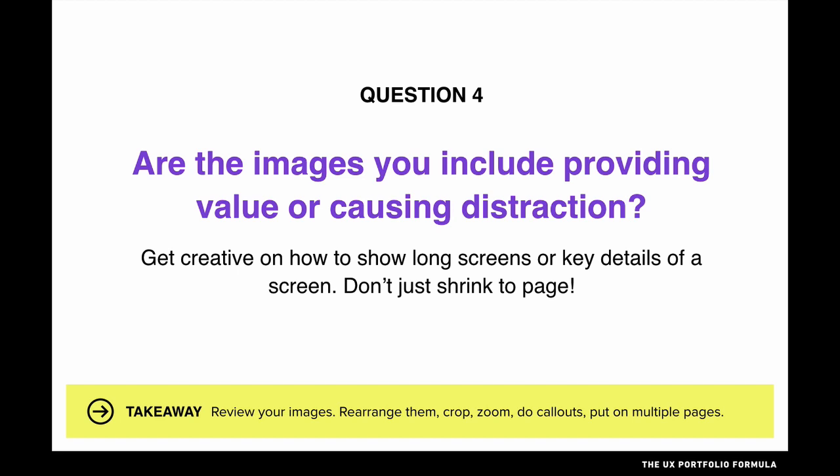Are the images you include in your portfolio providing value or causing distraction? So this is going to get a little bit into visual layout and design. It's principles. It's not anything you need a PhD for. So I want to challenge you to think about, for every single image inside your portfolio, is it worthy of being in there, or is it just an image that you dumped in